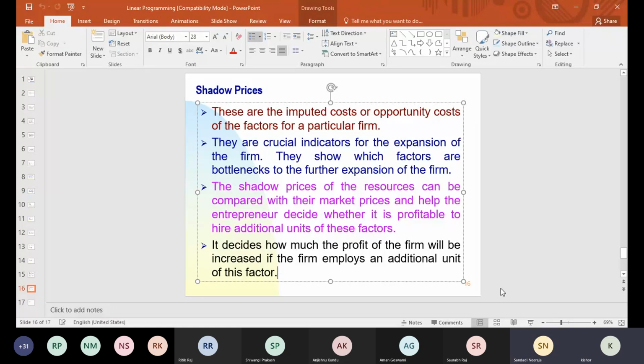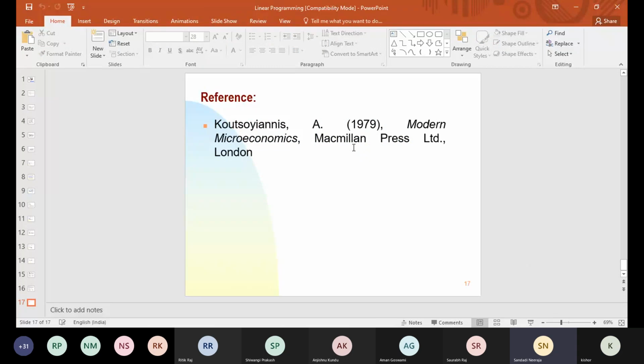And as I said, from your A-question, that is Modern Microeconomics, that book. You can go through it also. Might be this old version is available online. Probably I have that one soft copy, but on the internet it is available now. Probably it is available once I mention it while sharing. And not only that book, any book you can follow. It's basic, only the ABCD of linear programming. You yourself will be able to learn later.